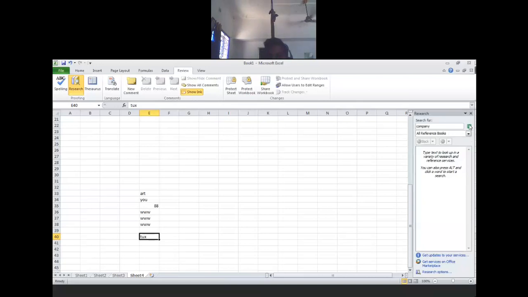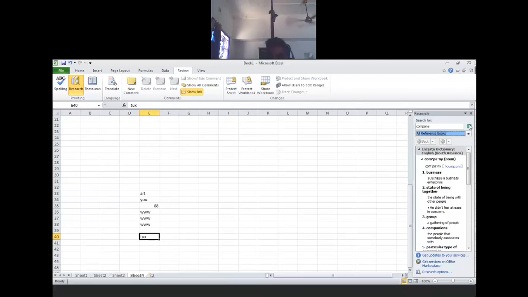Now it will show the company meanings, different vocabularies and other things. Company means business, a state of being together, a group, a particular type of company, like that. These are different meanings from the search. But if you find it more flexible to check from Google, you can do it. Otherwise you can check from here, from the sheet, depending on you.